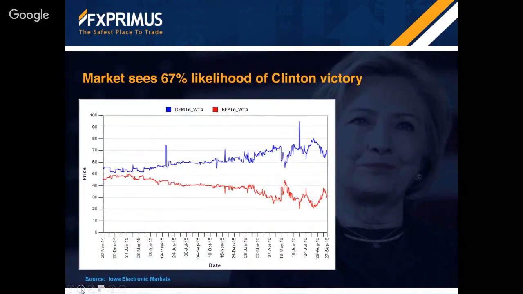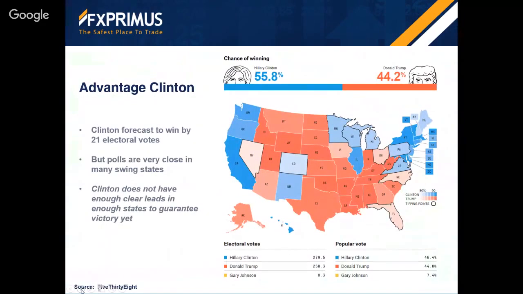Now, okay, so it's sort of like the game we used to play when we were kids. Which would you rather do, sit on a hot stove or drink a pail of boiling water? Get elected president. And the market now, there's the Iowa electronic betting markets where people can bet on the elections. And it's showing about a 67% likelihood of a Clinton victory. Which, this is supposedly the wisdom of crowds, and they know what's going to happen.